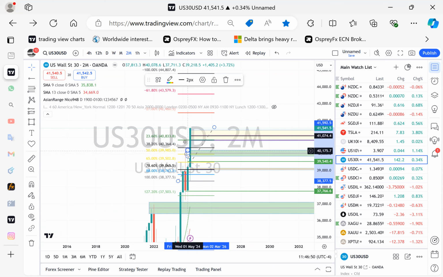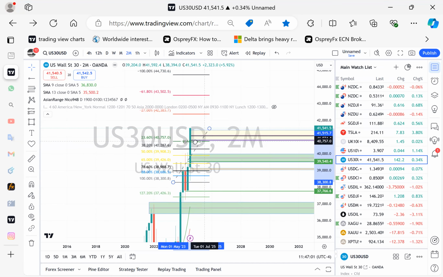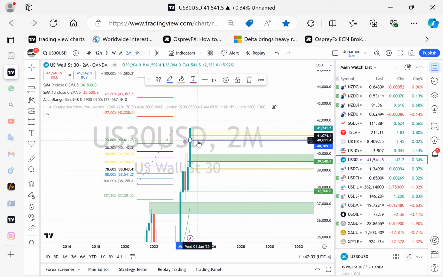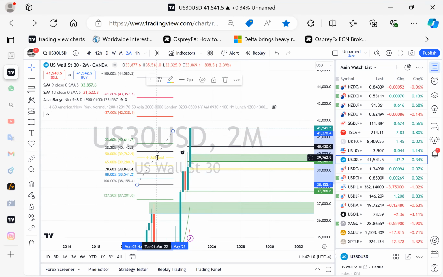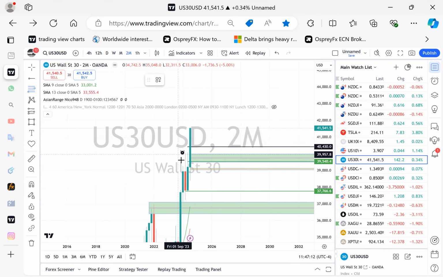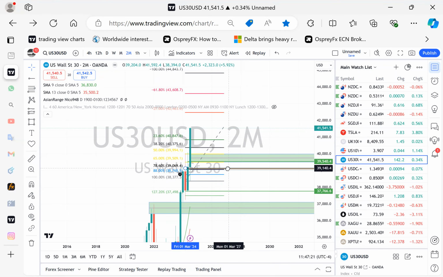All right, I'm gonna move this to my zone. And I'm gonna move this. Okay, so this is how I would look to, I'm backwards here, but this is how I would look to